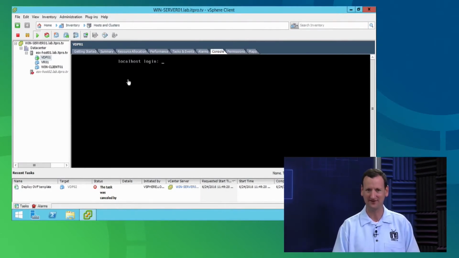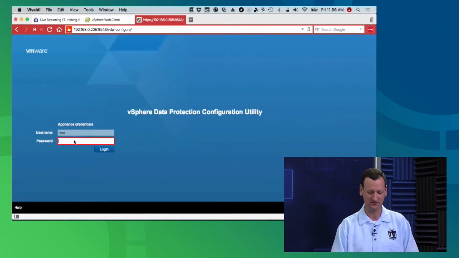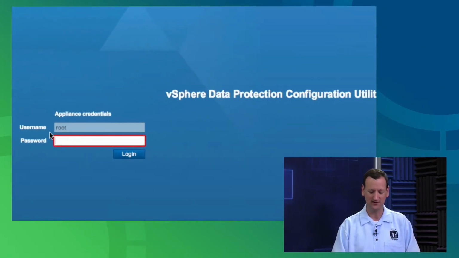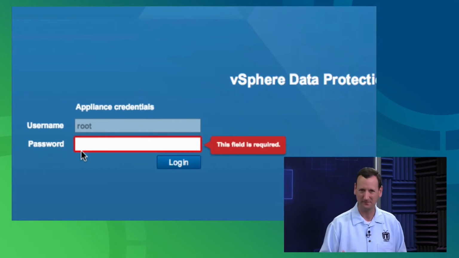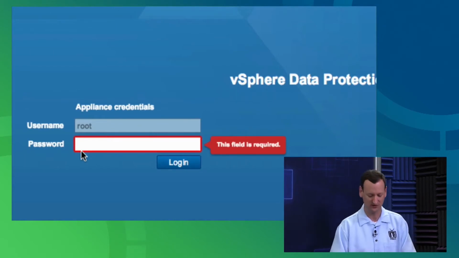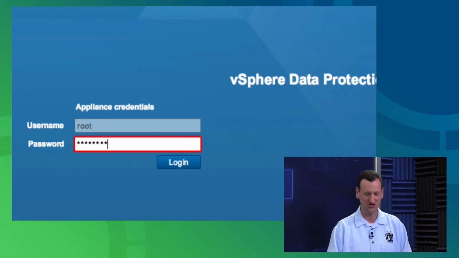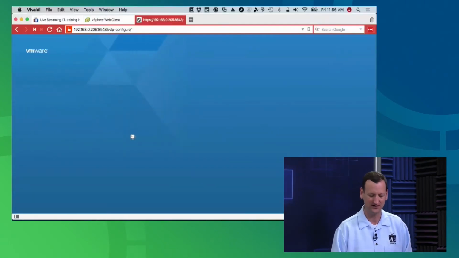And we don't actually have a valid login here that I can use. Well, we do have the root account that we're going to use right here. See how it's defaulting to a root account? And when I provided the IP address and stuff, it never did ask me for a password. So we have a default password we have to use to log in, which is actually "changeme" by default. So I'm just going to punch in changeme and hit login, and it's going to get me logged in